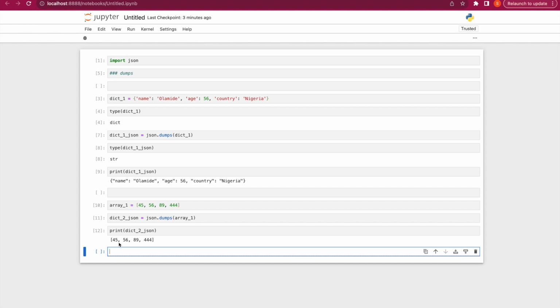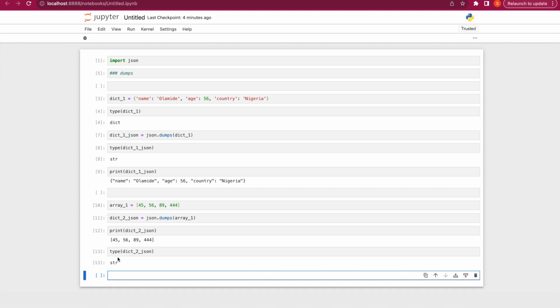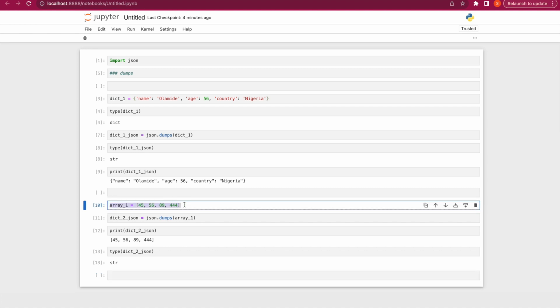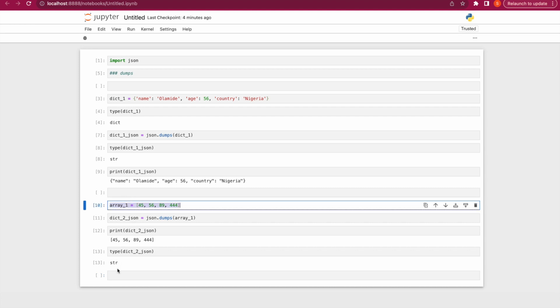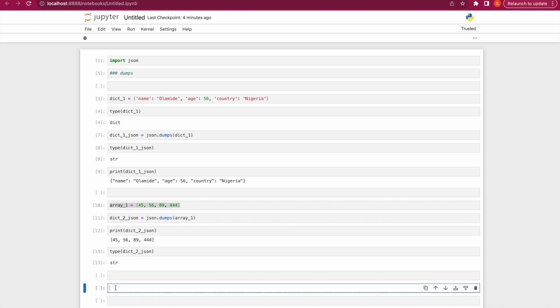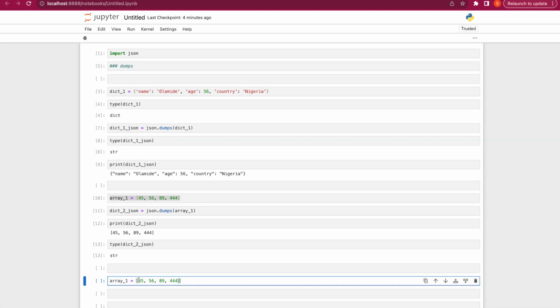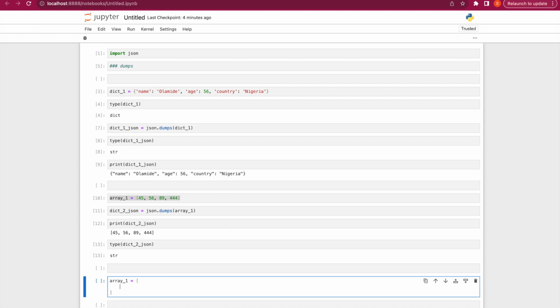Let's print it. That's what we have. Then if we say type of it, you can see the type is also string. So this is how we can convert our array to a JSON string. Like I also said earlier, we can even have an array of dictionaries, whereby here we can say we have